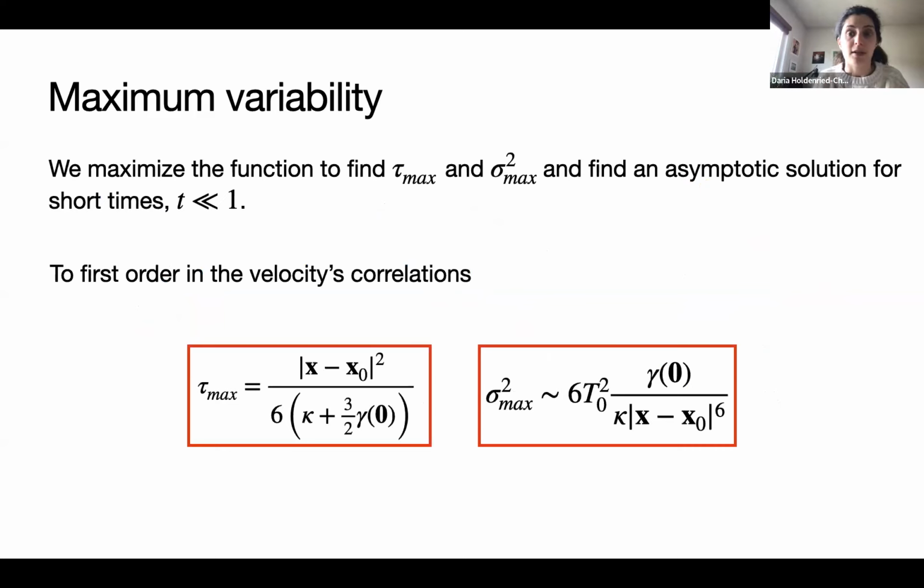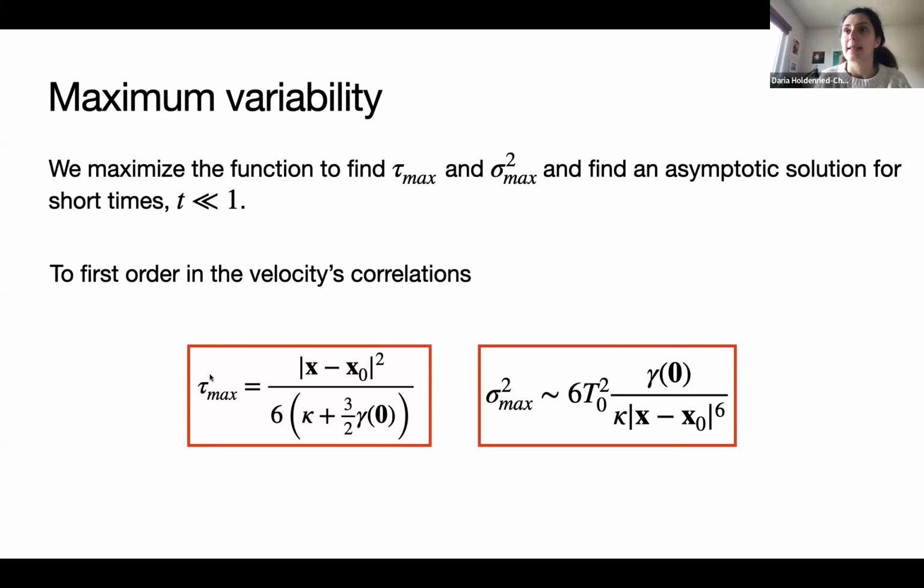So using the expressions that I showed you previously, we can calculate this and find asymptotic solutions for the short timescale limit. So to first order in the correlations of the velocity, we find that that timescale, tau max, takes this form, and the variability has the following dependence. And these results actually make quite a lot of sense in the context of the picture that I've just been